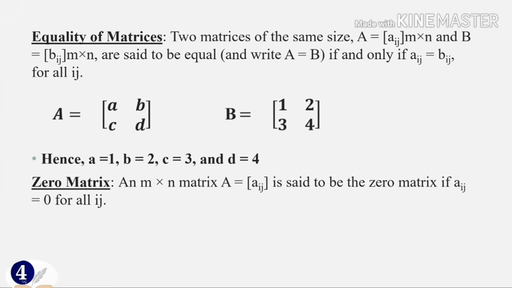Coming to the other concept which is a zero matrix ማለት ደግሞ any kind of matrix ነው ግን ኤሌመንቶቹ ወይም ኢንትሪዎቹ በሙሉ ዜሮ ናቸው። okay an M by N matrix የሆነ A እንደዚህ ሲምቦላይዝ ተደርጎ is said to be the zero matrix for all IJ ሁሉም AIJዎች ምን ሲሆኑ ማለት ነው ዜሮ ሆኑ ማለት and it is a zero matrix ብለን ስም እንሰጠዋለን ማለት ነው። ለምሳሌ if you see these two examples this is a 2 by 2 zero matrix ማለት ነው። ይሄ ማለት is a 2 by 2 zero matrix and this one is 2 by 1 zero matrix ነው ማለት ነው።